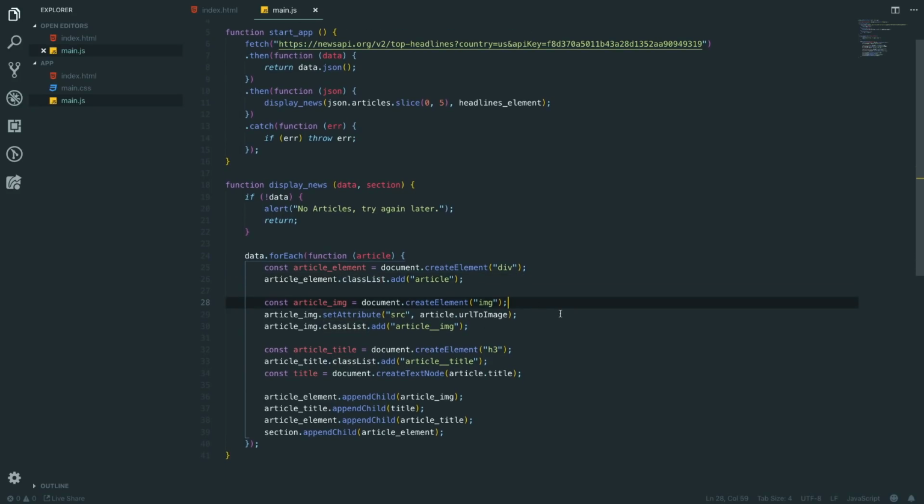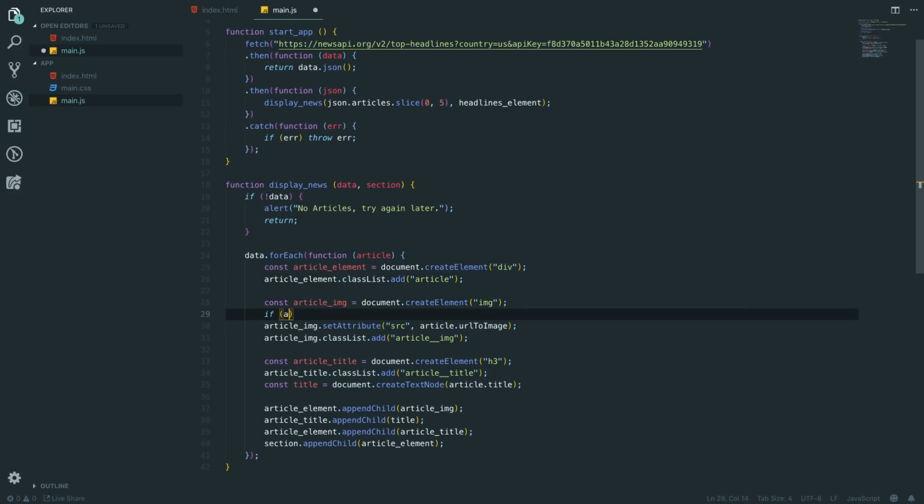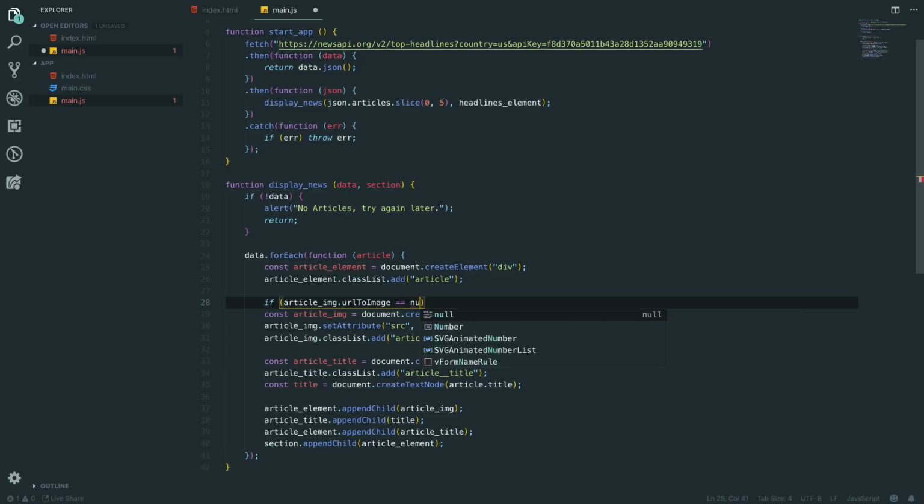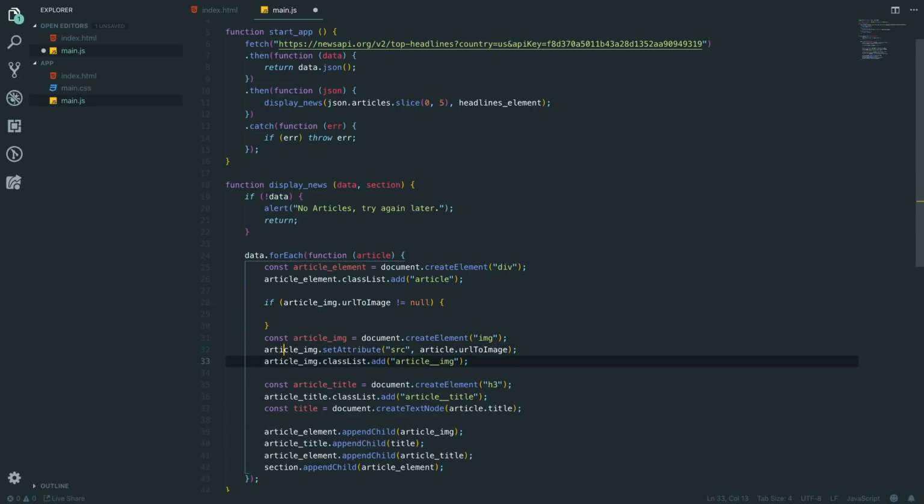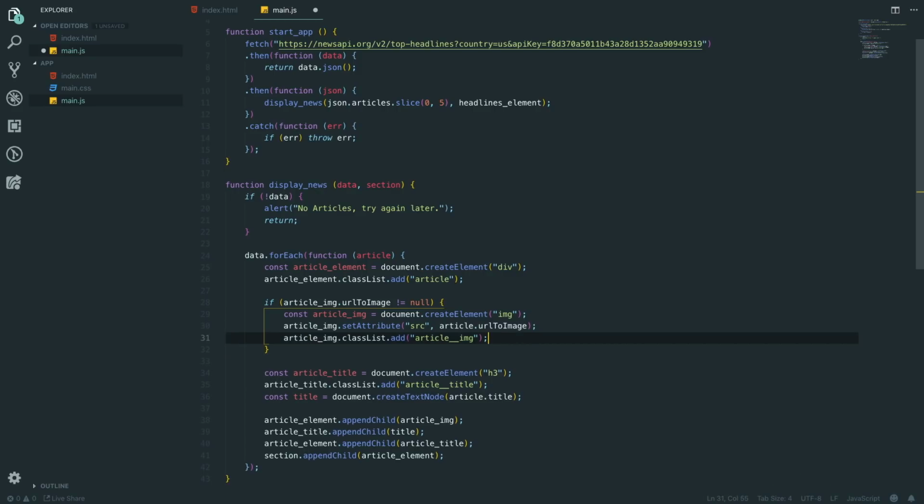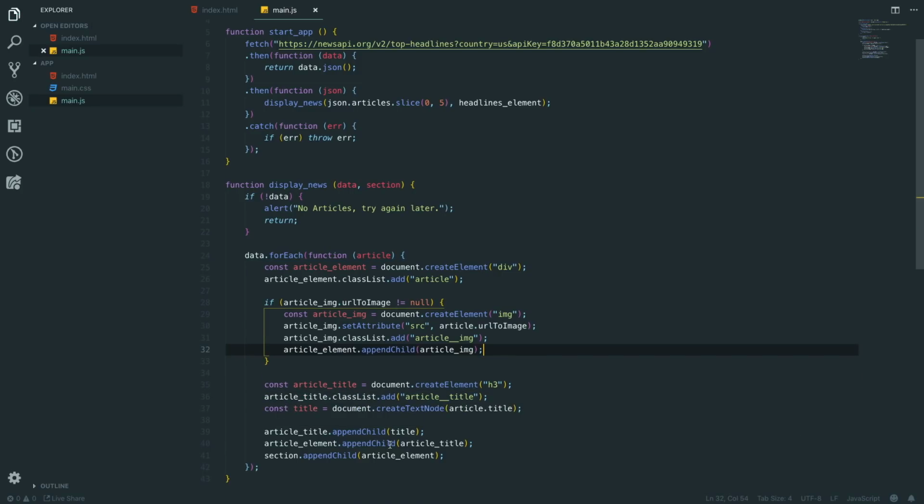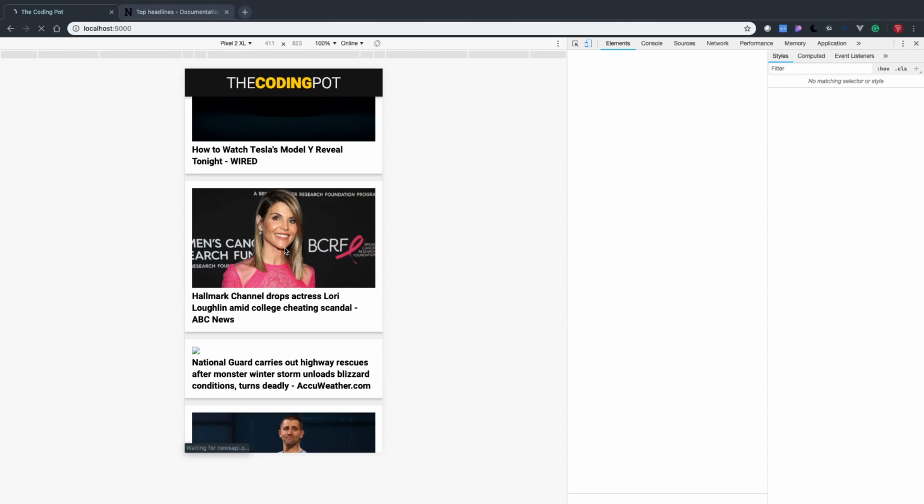So now if we go, if article image dot URL to image is not equal to null, then we do this. And we also want to grab that and pull it around the article image here. Actually, we could put this just up here. It can be up there with it. So we'll only append it if it needs it. Now, if we refresh,